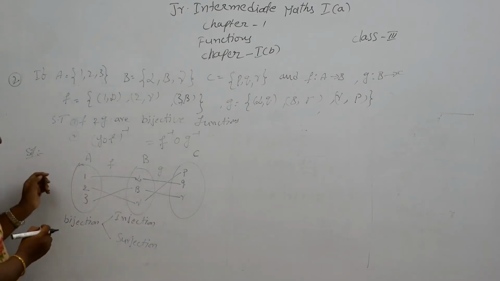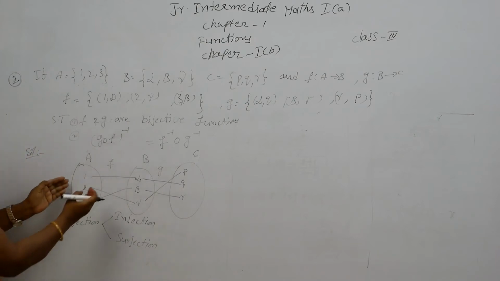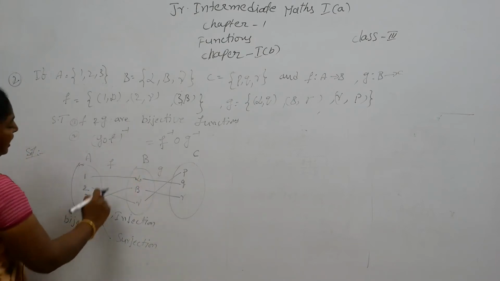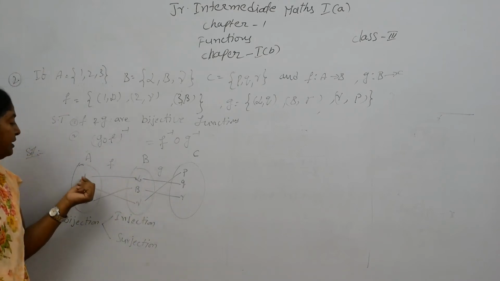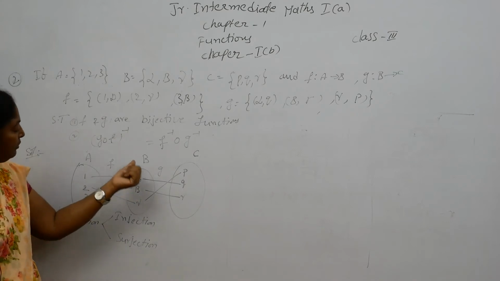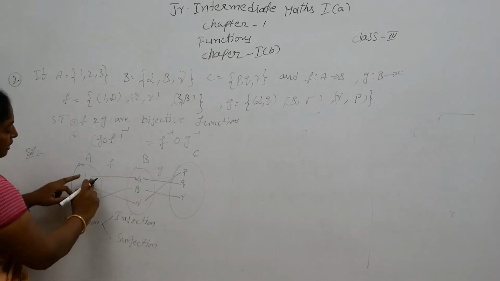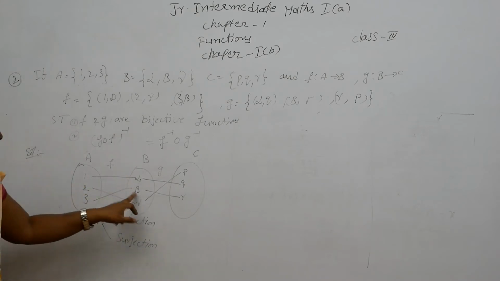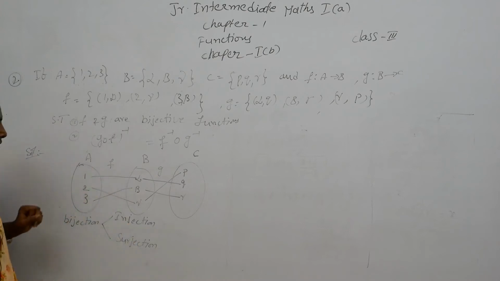ఇంజెక్షన్ అవ్వాలి అంటే ఇంజెక్షన్ ఏంటి? Distinct elements in A have distinct elements in B. A లోని ప్రతి ఎలిమెంట్కి Bలో ఒక ఇమేజ్ ఉండాలి. సో ఇక్కడ 1 నుంచి ఆల్ఫాకి మనకి ఒక ఇమేజ్ ఉంది, 2 టు గామా ఇమేజ్ ఉంది, 3 టు ఆల్ఫా ఇమేజ్ ఉంది. సో ఇంజెక్షన్ కండిషన్ సాటిస్ఫై చేసింది. అండ్ నెక్స్ట్